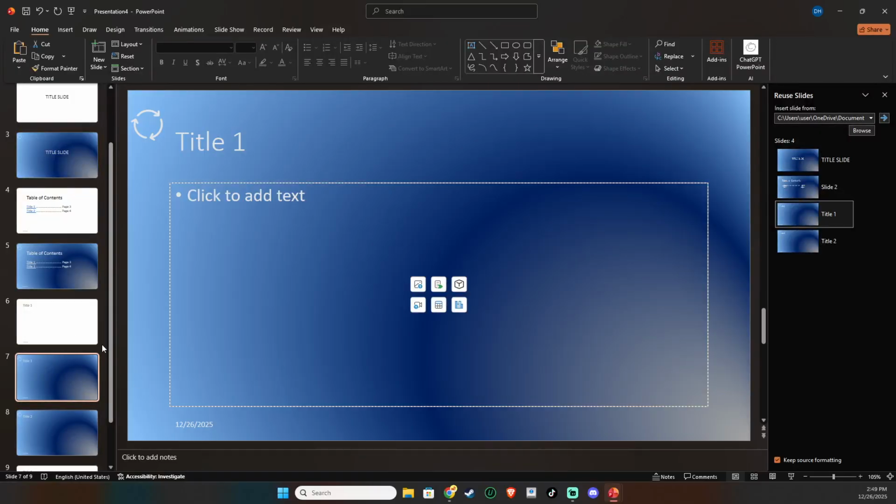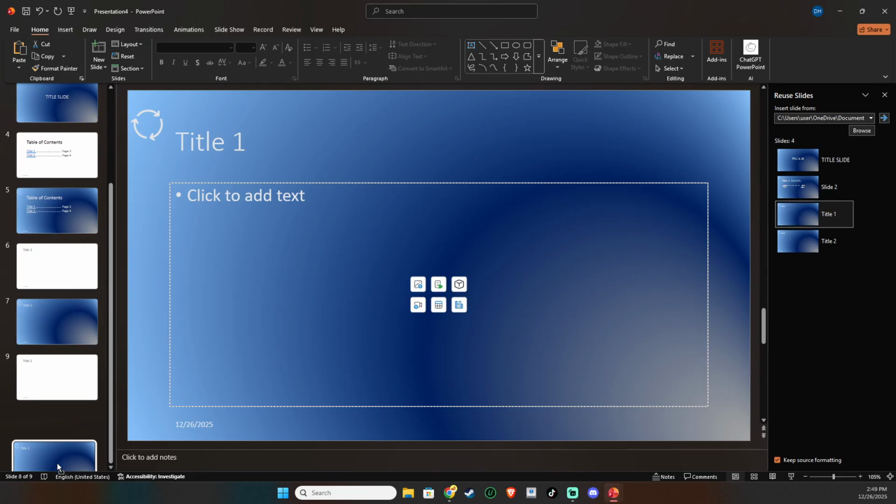To bring a slide into your deck, simply click its thumbnail in the pane. PowerPoint will insert it at the spot you selected earlier. You can click additional thumbnails the same way to add more slides, one by one, keeping full control over what